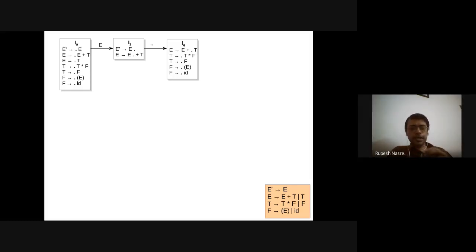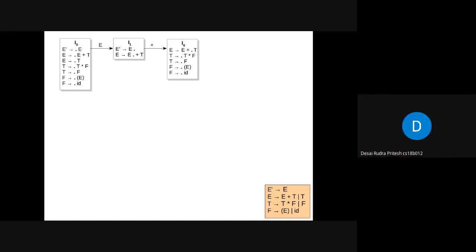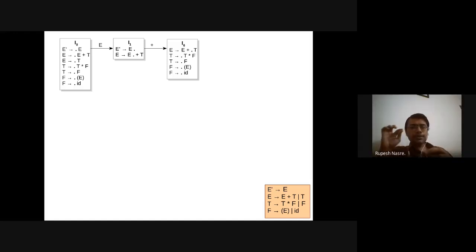So what this indicates is that if you have consumed E plus, and you are waiting for T to appear, right? Then that T can appear, but at the same time, whatever is derivable from T, that might also be there. It need not always be T. T in fact can be derived from T star F, and that F is going to get derived from parenthesized E or ID, right?